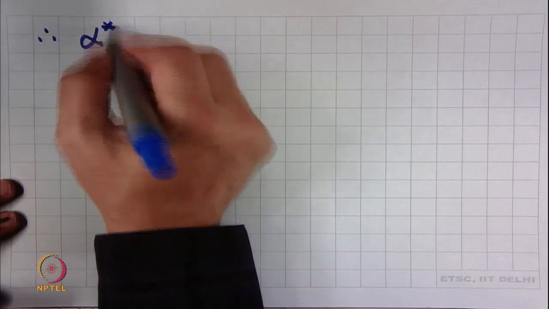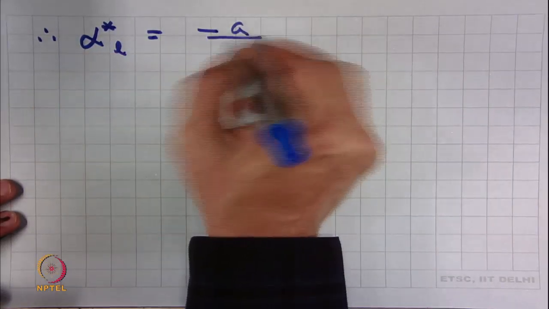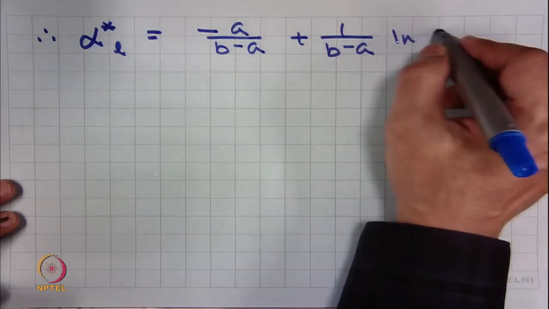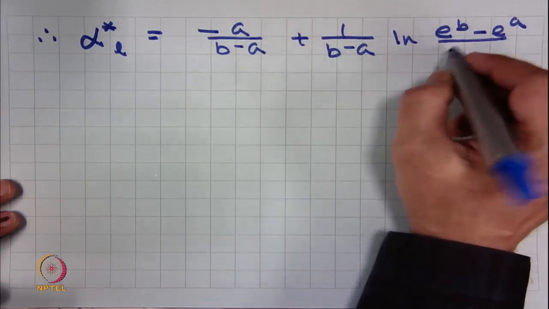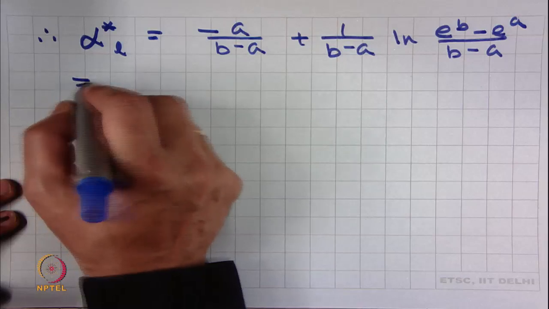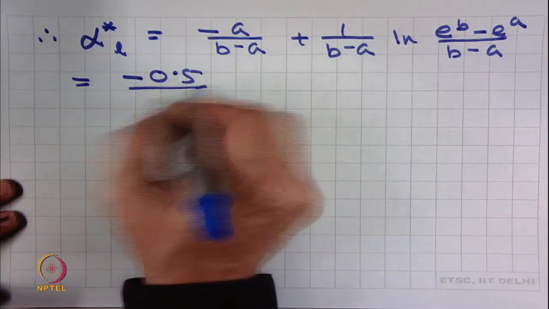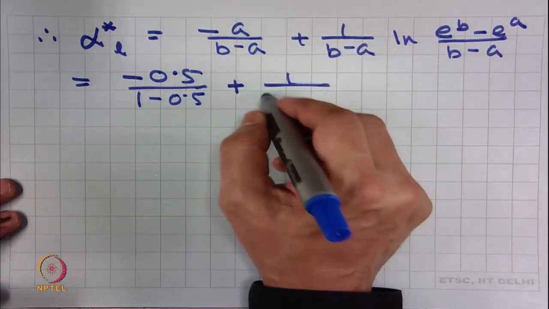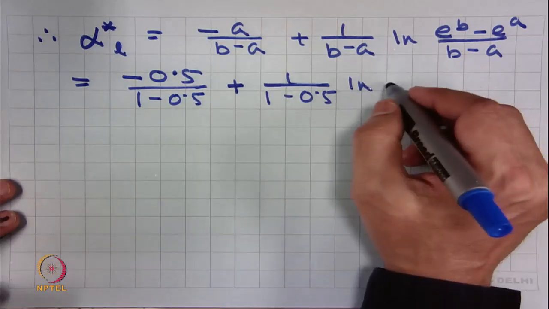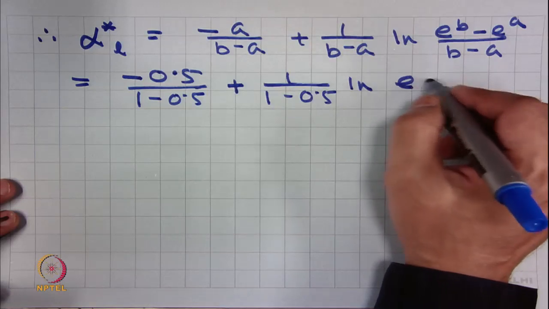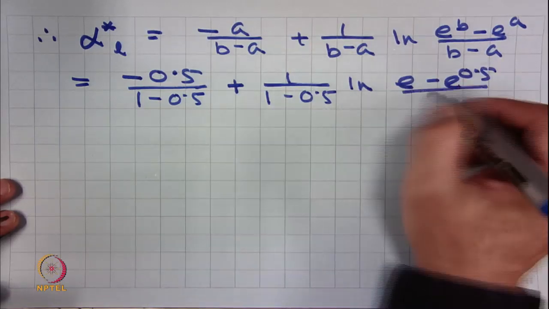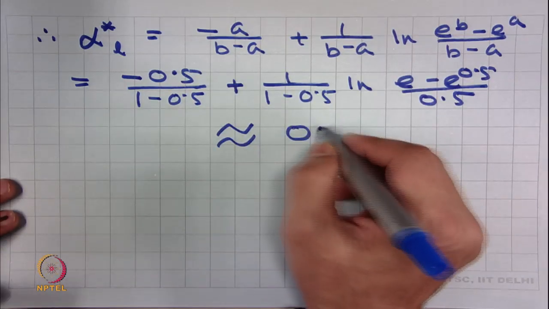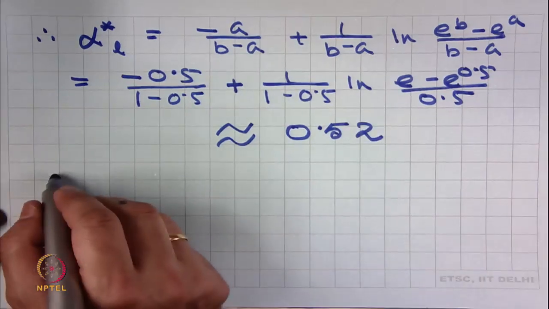Therefore, alpha star L, which is equal to minus a upon b minus a plus 1 upon b minus a into log of e to the power b minus e to the power a upon b minus a, is equal to minus 0.5 upon 1 minus 0.5 plus 1 upon 1 minus 0.5 log of e to the power 1 minus e to the power 0.5 upon 0.5, which will come out to be approximately 0.52, and therefore,